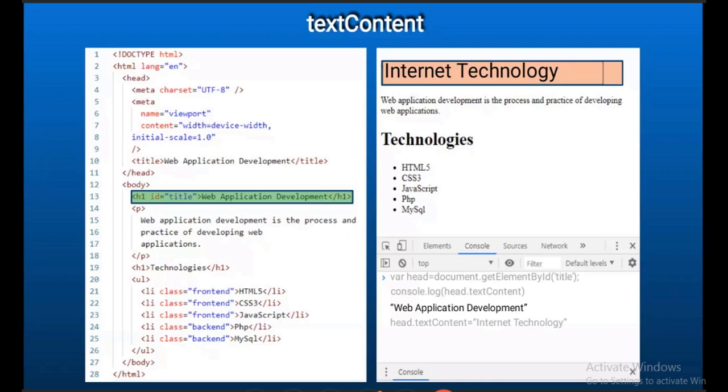What is displayed is not just web application development; there is a little mistake here, the entire HTML content will be there. So what if I give head.innerHTML is equal to, within the double quotes, an entire h3 tag? Inside that h3 tag I gave web technology.